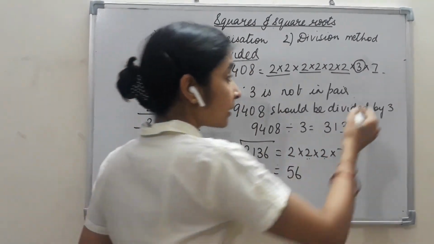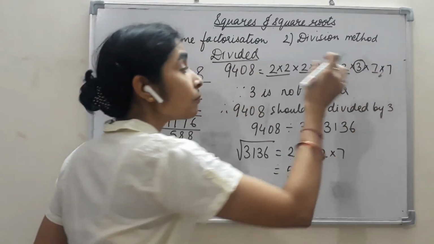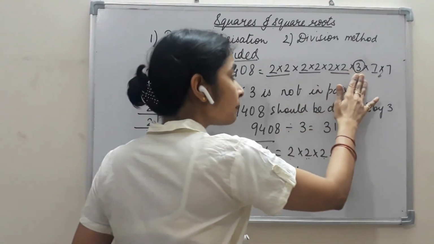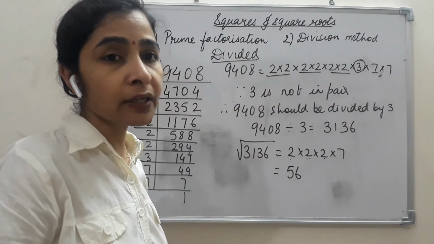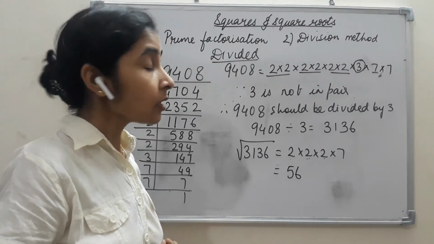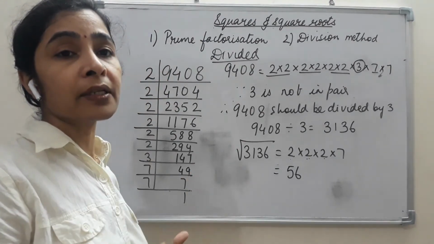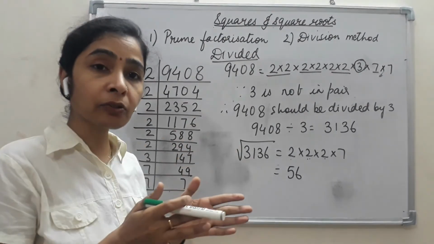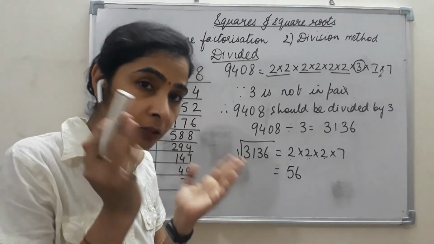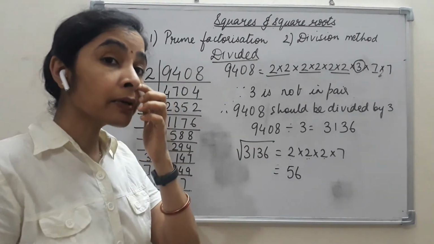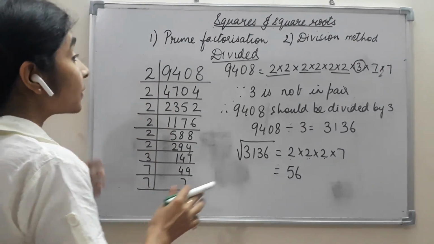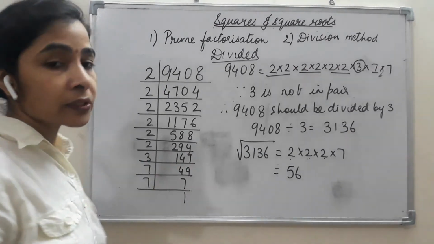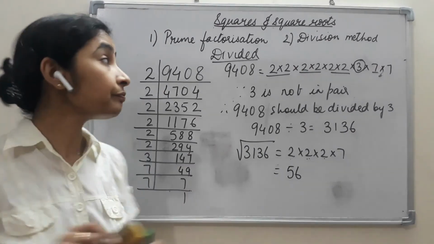If we are asked to multiply, then again we will do the same thing. Whatever number is not in pairs, we are supposed to multiply the given number with the same. Okay, so this is the concept, that if the number is asked to divide, then if there are two numbers which are not in pairs, we will multiply both of them and then divide by the product of those numbers. If there is only one number which is not in pairs, then we will just divide it by that particular number. Okay, now one more type of question which is generally asked is,